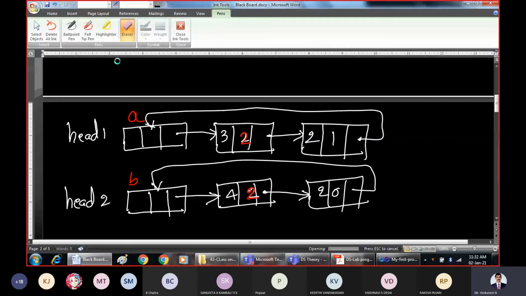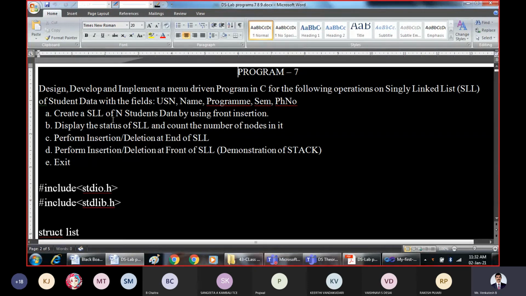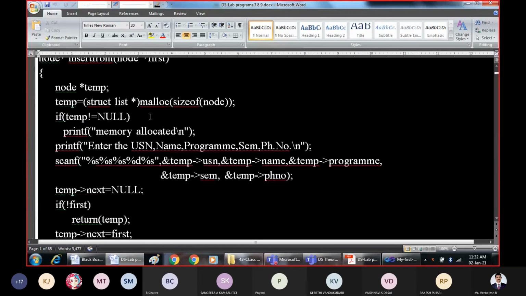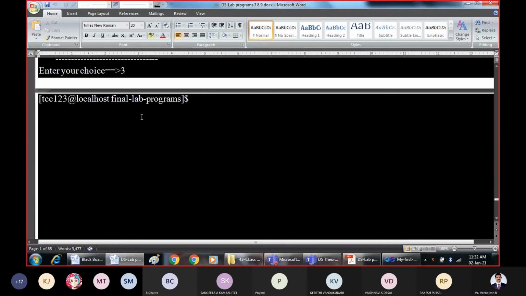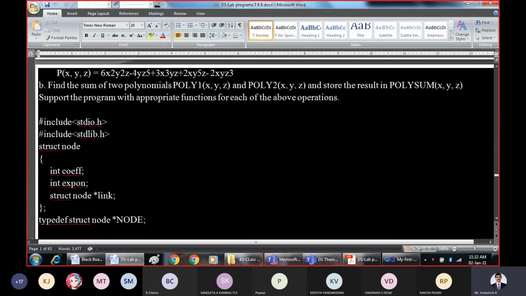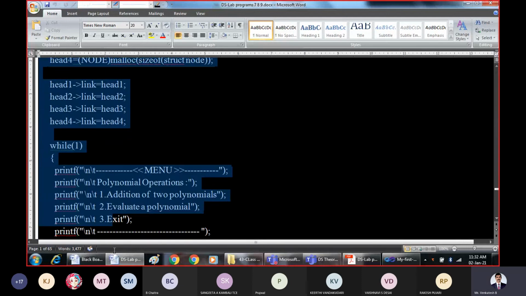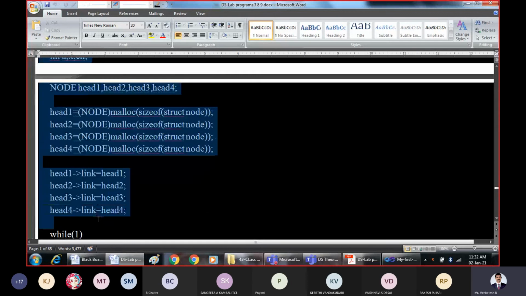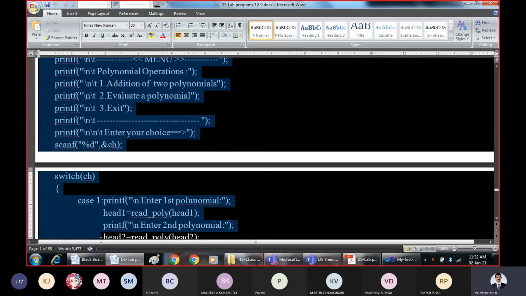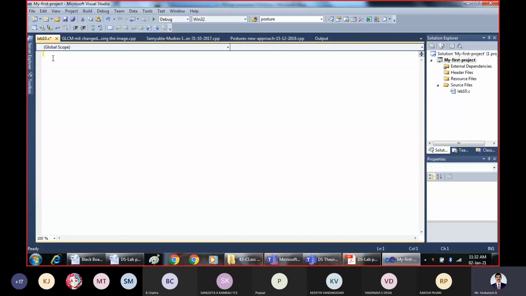It is simple mathematical logic that we are trying to apply, and we are trying to write the code for that. I'll just copy the program, whatever I have explained now, the 9th lab program for polynomial and its operations, and paste it here.